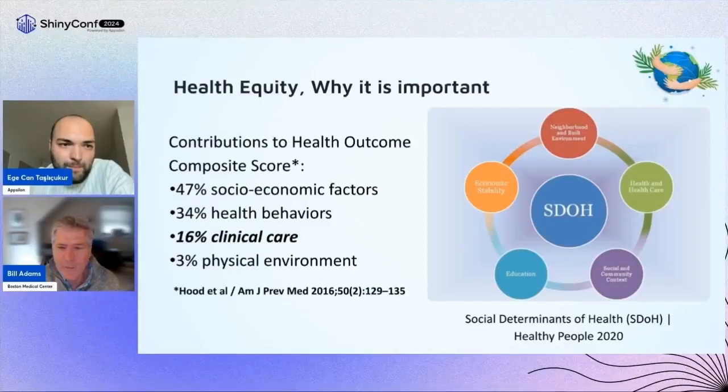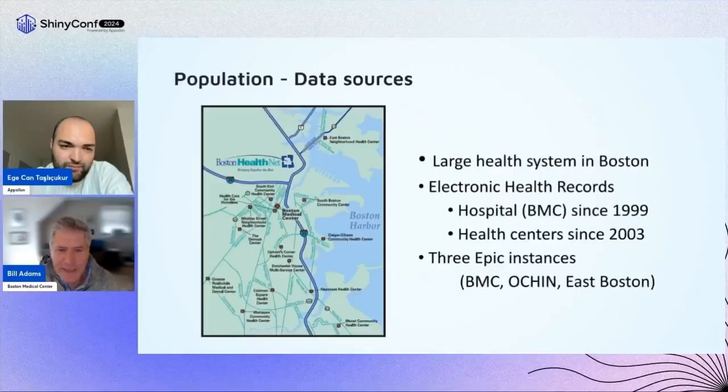And so the work that we're describing here is really about bringing those things together in a way that can help us research and study health and health equity. And just one study, although there's lots more, shows that in 2016, only about 16 to 20% of a person's health is determined by the healthcare they get, and many, many other factors are playing a role. And traditionally, it's been very hard to bring together the clinical data with the things about the places where people live for research. So next slide.